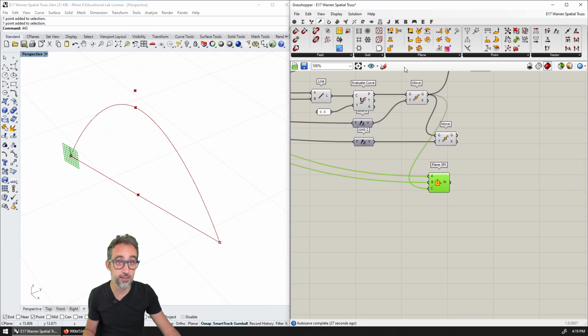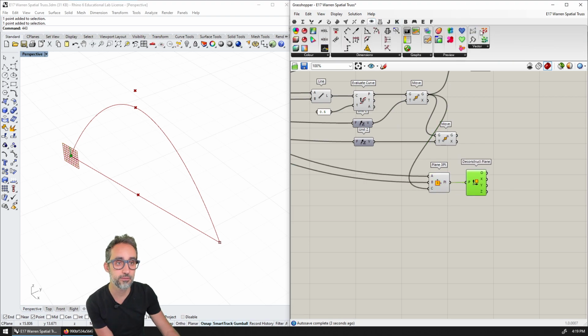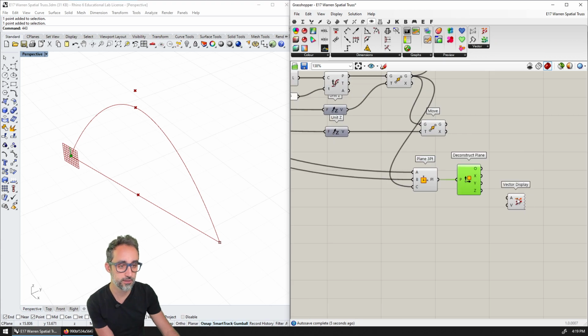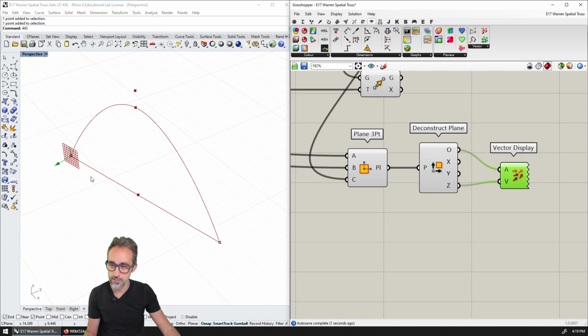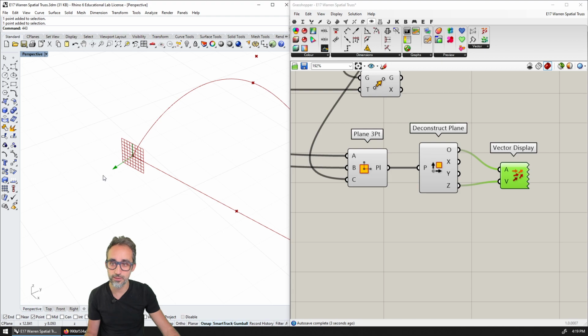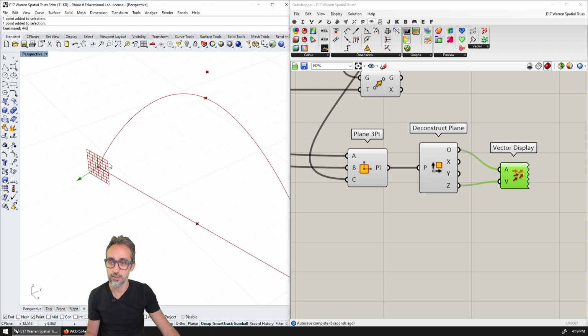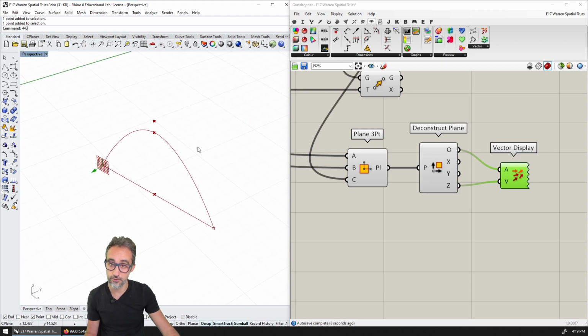So let me extract that normal by deconstructing the plane and visualizing that vector with a vector display. You see, this vector is now pointing outwards from the plane of the truss.